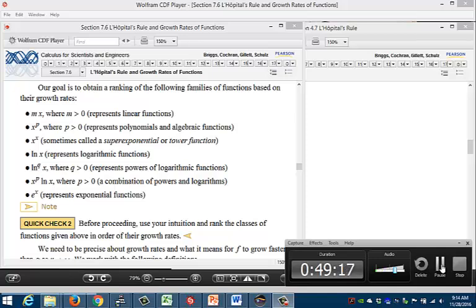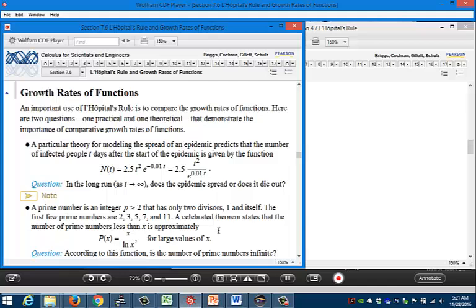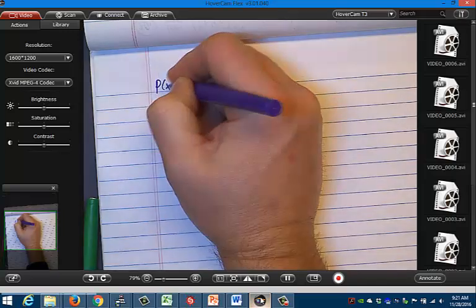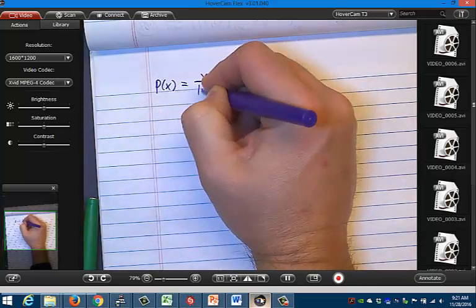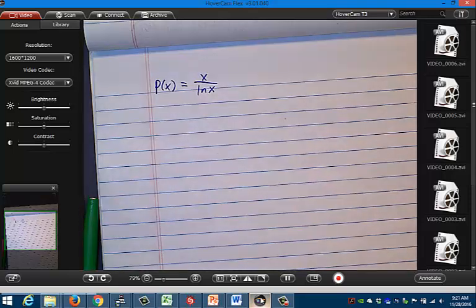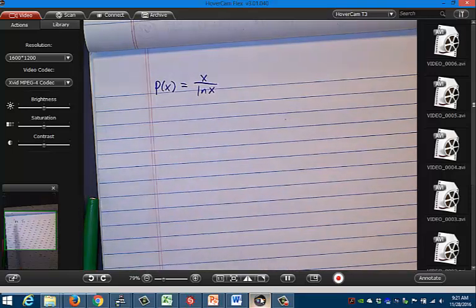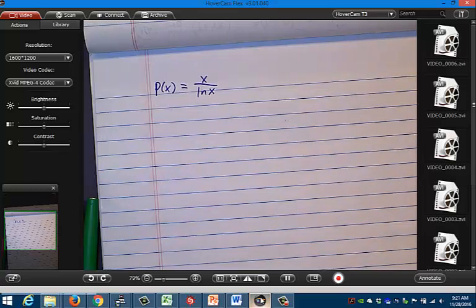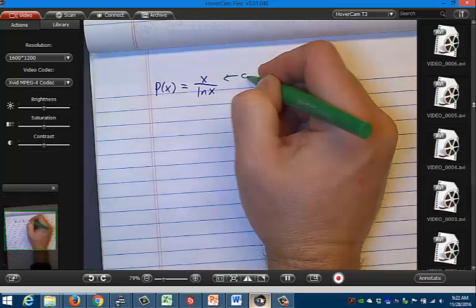So I'd like to think about this prime number function. P of x is x over ln x. And the question is, which grows faster? So let's try and apply this same idea. The number of prime numbers less than x can be approximated. So the number of prime numbers less than 1,000,000 is like 1,000,000 over the natural log of 1,000,000. The number of prime numbers less than 1,000,000,000 is 1,000,000,000 over the natural log of 1,000,000,000. So the question is, are there infinitely many prime numbers? But what we really want to do is compare these growth